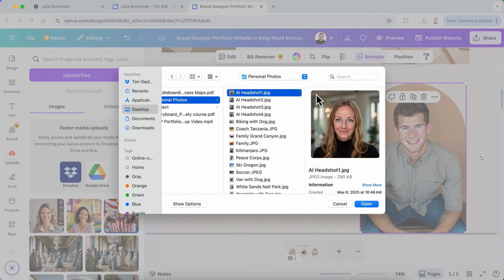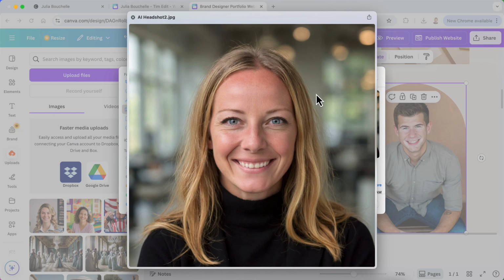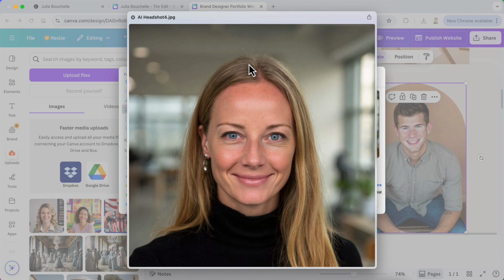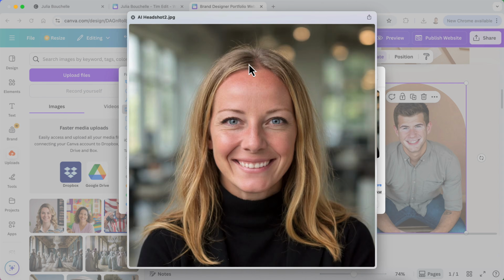Let's do, we like this one? I like that one, even though it's giving her some fuzzy fuzz. She used AI for this, by the way, and it did a fantastic job. A lot of AI headshots before used to look really plasticky. So